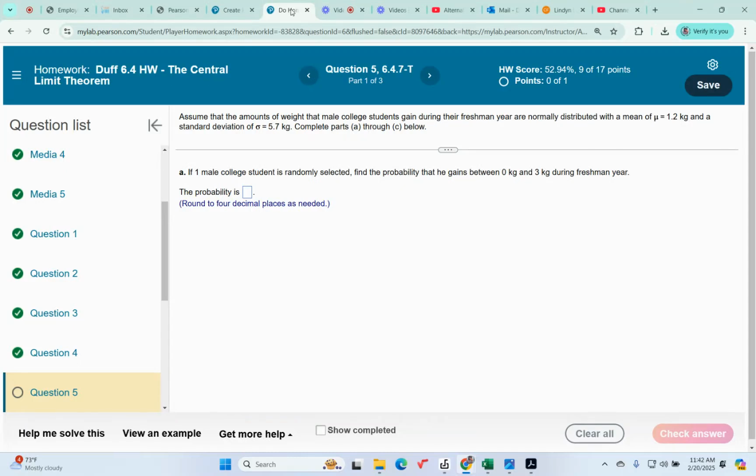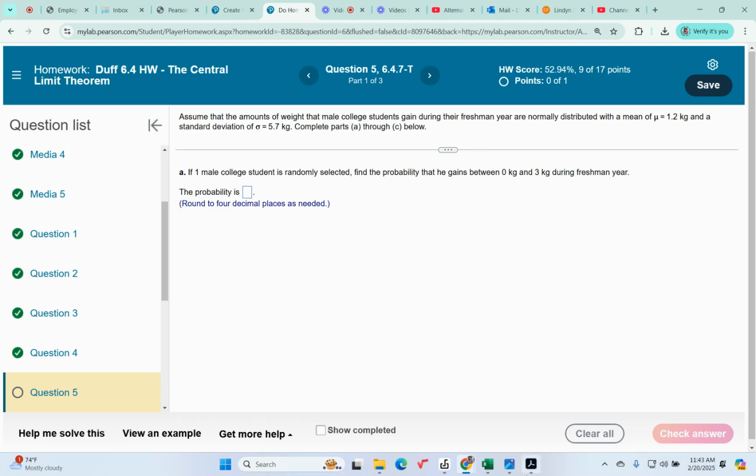All right, let's take a look at question 5 from the 6.4 homework. Assume that the amounts of weight that male college students gain during their freshman year are normally distributed with a mean of 1.2 kilograms and a standard deviation of 5.7 kilograms. So, complete parts A through C. If one male college student is randomly selected, find the probability that he gains between 0 kilograms and 3 kilograms